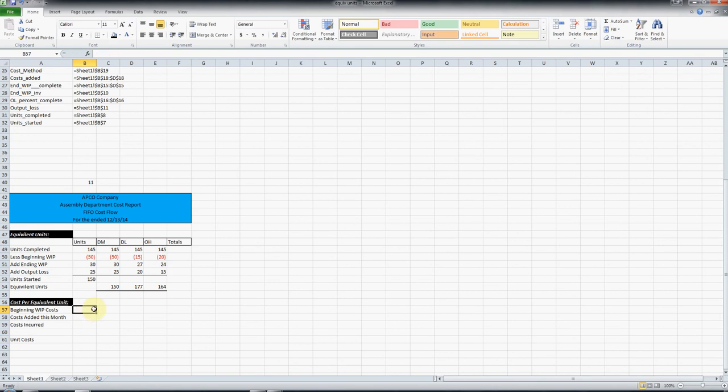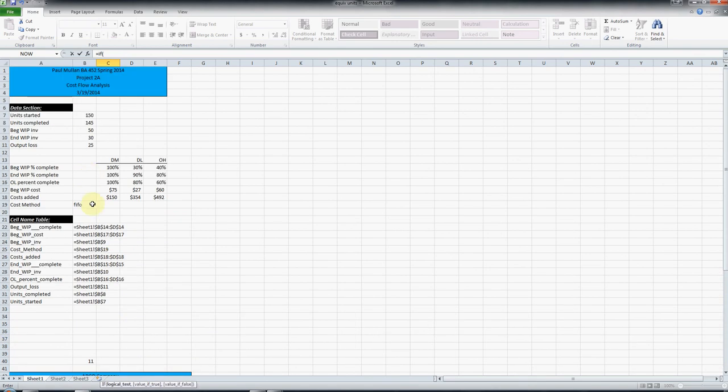So for our beginning work in process costs, we're going to create an if-then statement. So if we're using the FIFO method, so if this is equal to FIFO, then we're not going to take into account the beginning work in process costs. So then we will return the value non-applicable. Actually, let's do that in lowercase. Non-applicable. But if we're using weighted average, then we want to